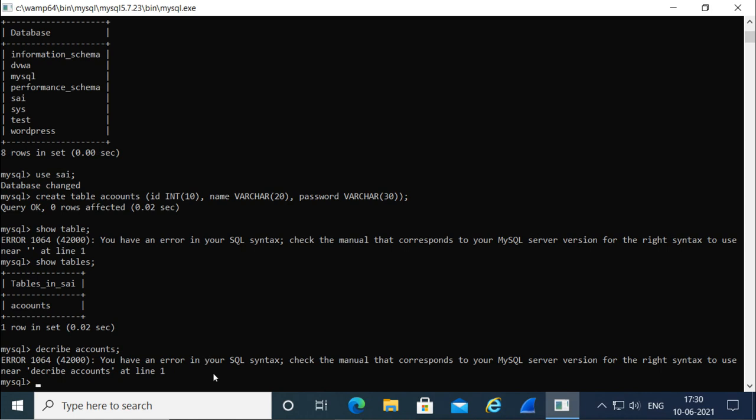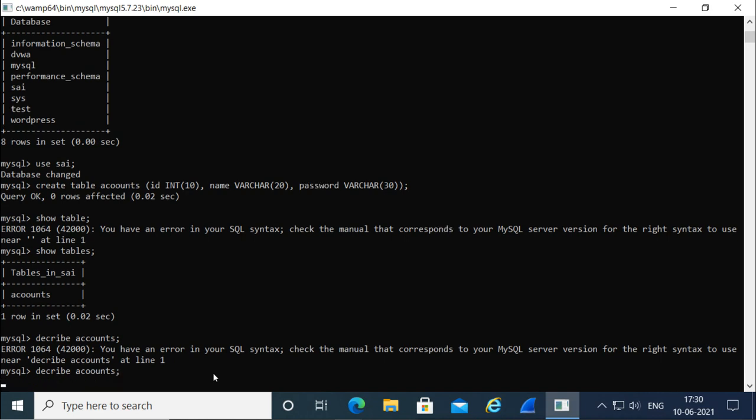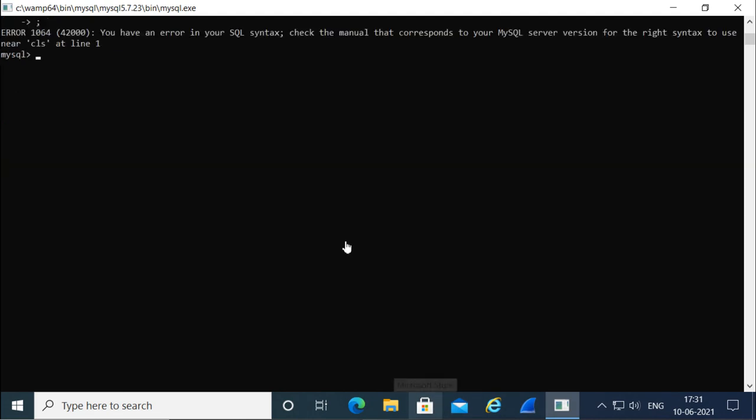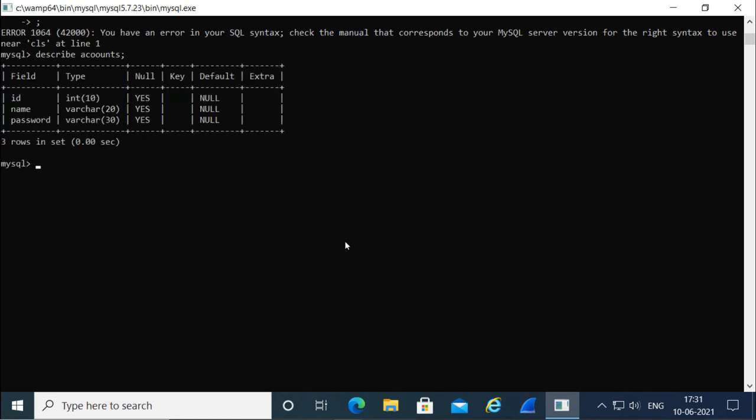I actually gave two O's here. So it is now describing the table, and it is showing that we have the columns of ID, name and password, and it supports these values.